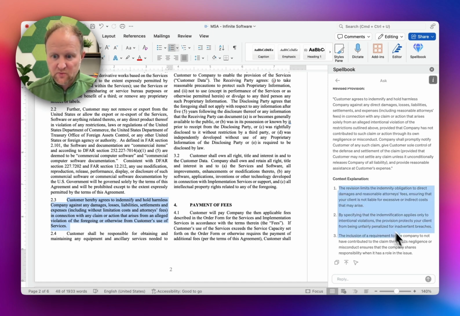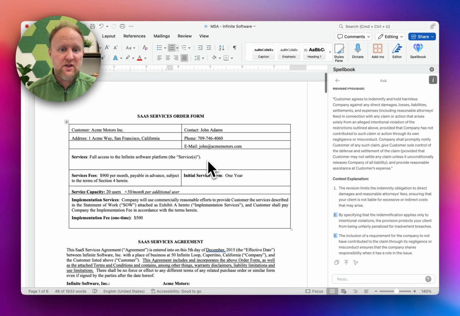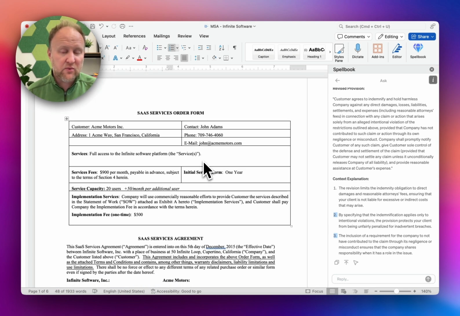But this is what could be really useful, and I've used this in other deal contexts where I ask it to provide me this explanation here that I might use, or I might edit it further, that I can copy and paste and send it to the other lawyer to explain why we're making these changes. I mean, it's a really smooth process. I could apply it to the entire document or just sections, and it really, like I said earlier, it really makes me a better lawyer.